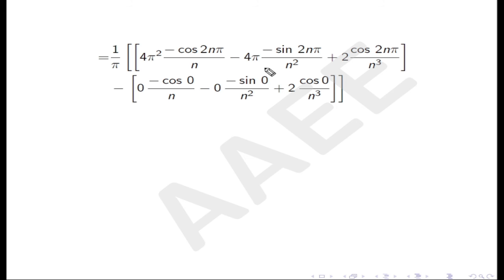And hence if you observe here, sine of 2n pi is 0, so this term will become 0, this term is a multiple of 0, so this term will be a 0, this term will be a 0. And now cos of 2n pi is 1, cos of 0 is 1, and hence you will get